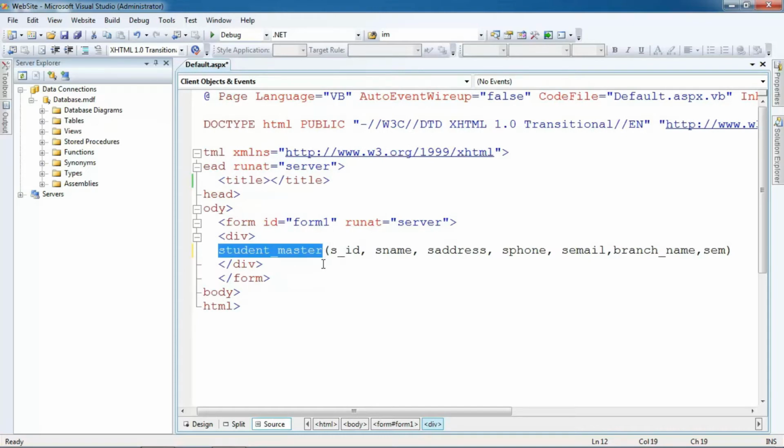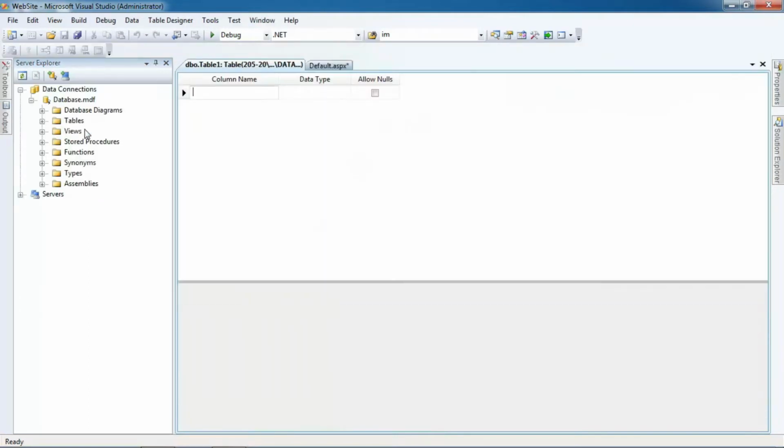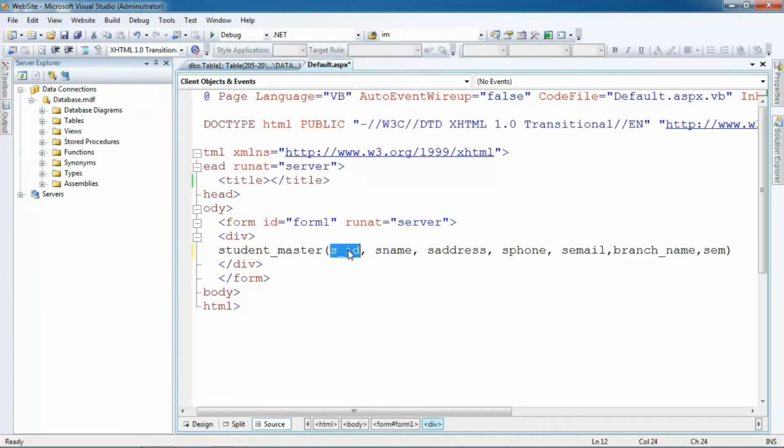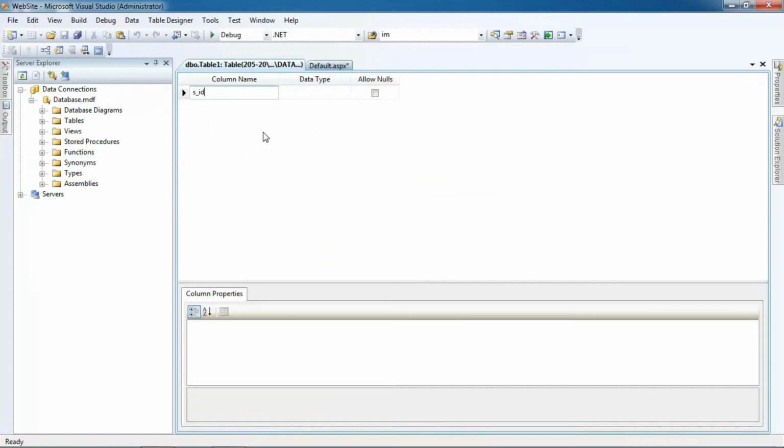As you can see, we have a folder of tables. We'll right click on this, and then select add new table. As soon as we click on this, we have this tabular form where we can create the table. I'll copy this and paste it over here, or you can simply write it. One thing you must ensure and take into account is that there must be no white spaces or special symbols in column names. The same rules we follow for any database have to be applied here as well.